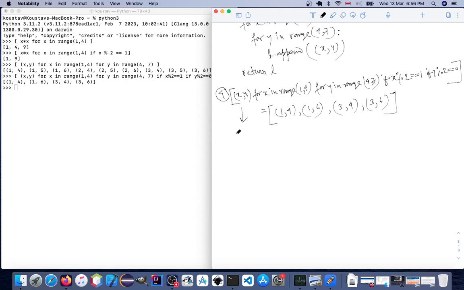So this code will be translated to, we will obviously have the list that will be created. So we have a temporary list, then we have the first, the outermost, that is the leftmost for statement, x in the range 1 comma 4. Then inside we will have this next for statement, for y in range 4 comma 7, and then inside the nested for statement, we will have the first